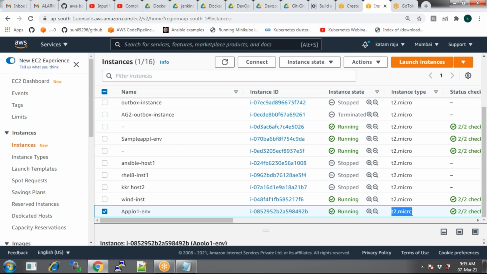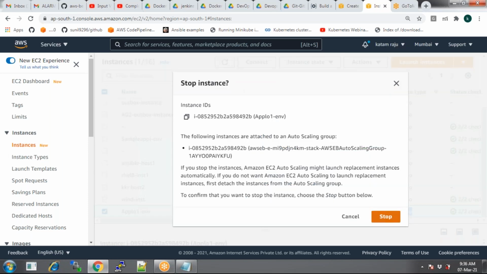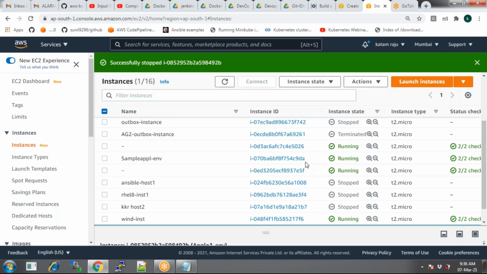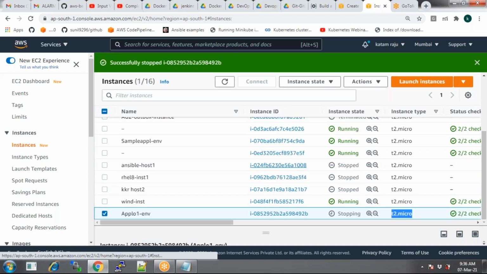But what if my application is a huge application? I have a number of users, thousands of users trying to access the application from the Beanstalk. How many times are you going to do this load balancing and auto scaling? Well, there are drawbacks. Anyway, first let's look into this. So stop the instance. That will be stopped, and then we'll be creating a new instance.